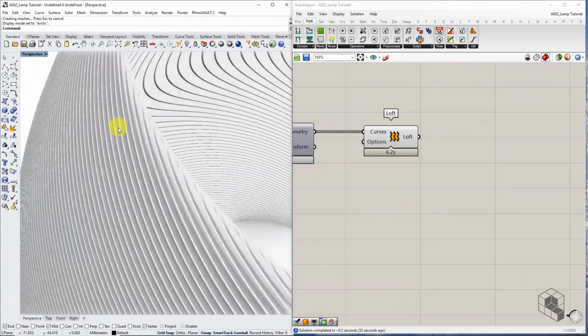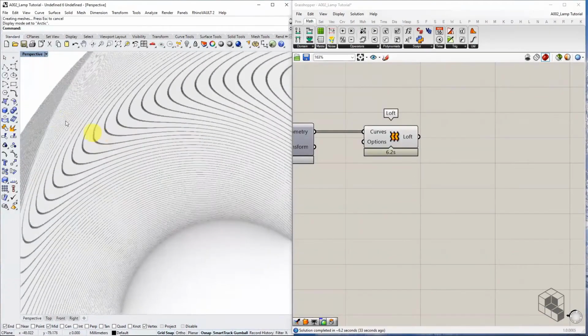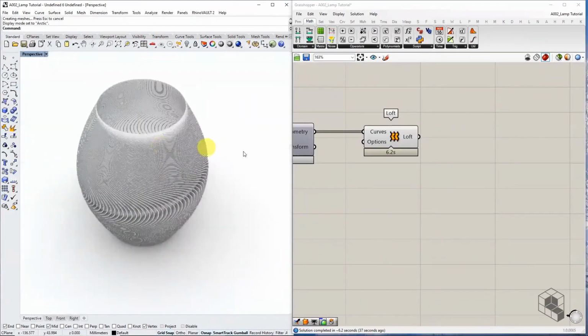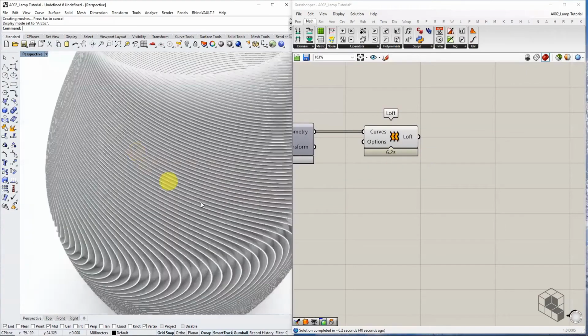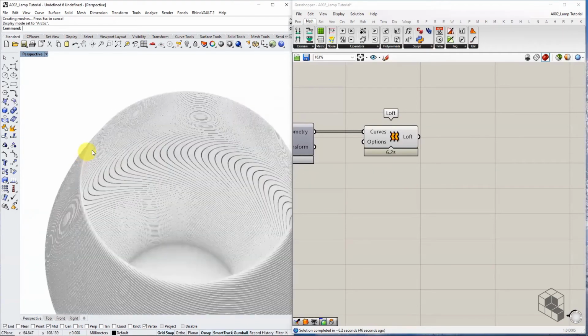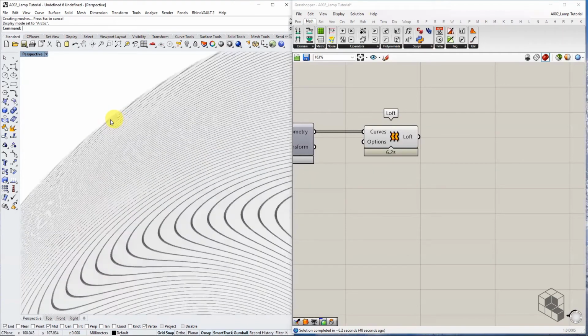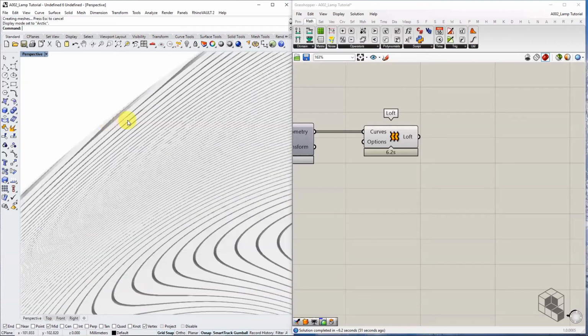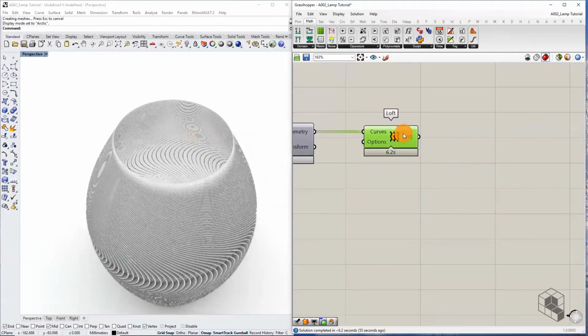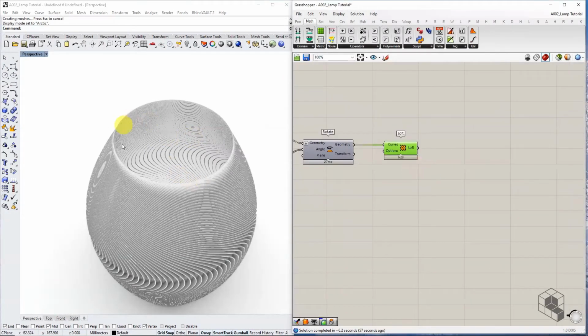But what we have at the moment is a single layer with no thickness. When you're trying to 3D print an object, you need to ensure that the geometry is closed. This geometry is a surface with no thickness. In order to give it a thickness,